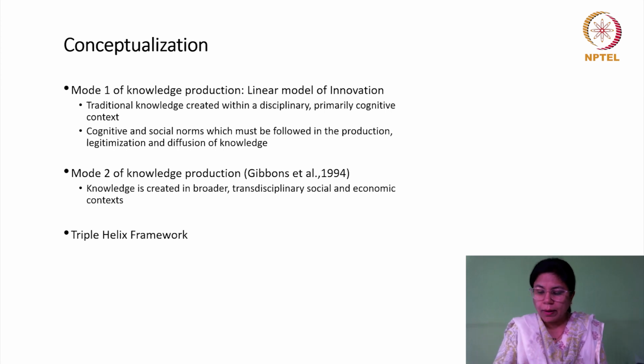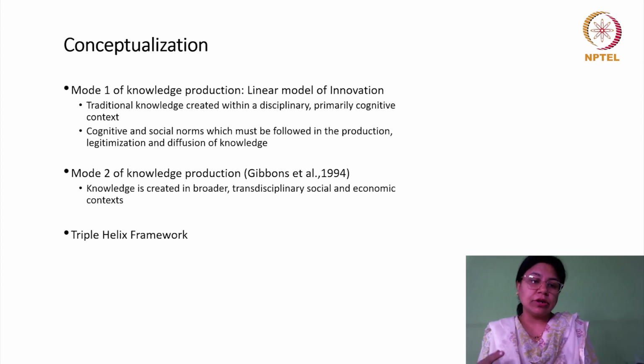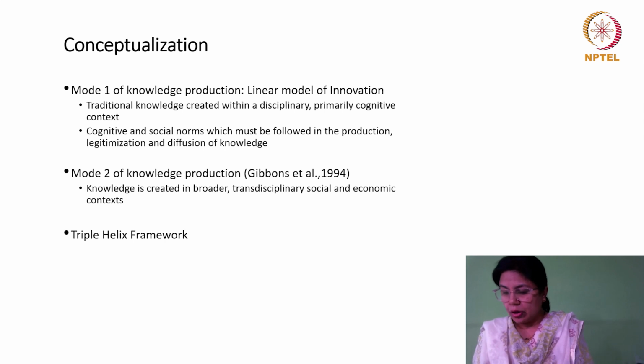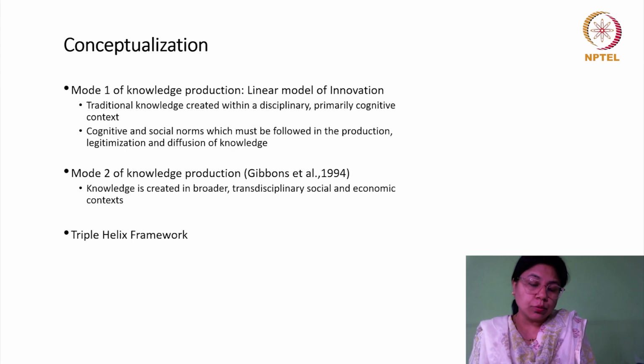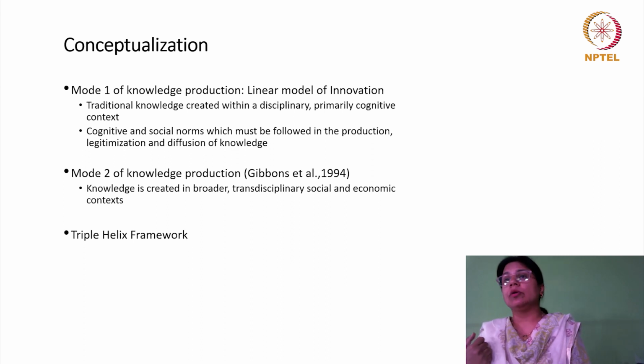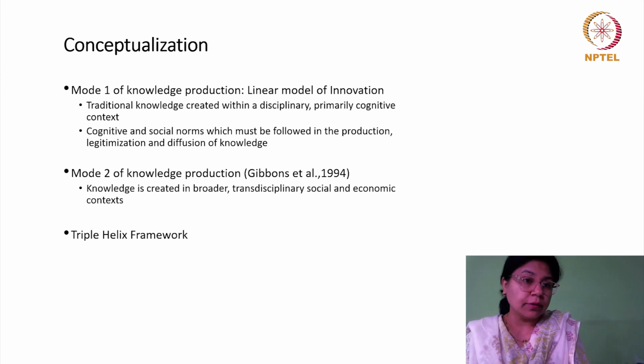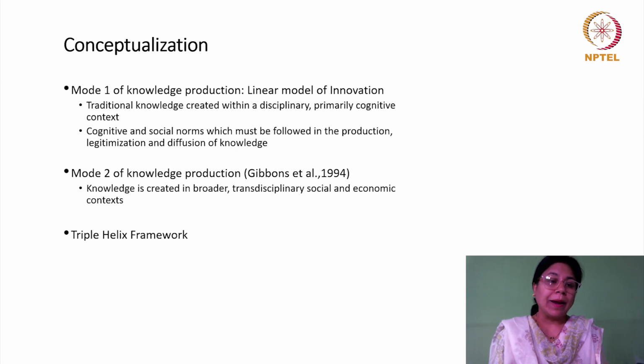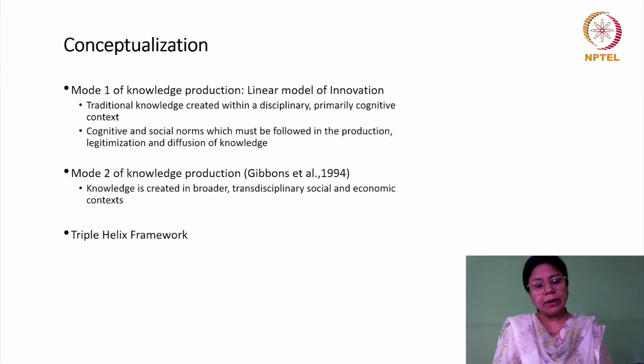So when they talk about mode 1, they essentially talk about how it is identical with what is meant by science, and its cognitive and social norms determine what are the significant problems that will be addressed, who will be allowed to practice science, particularly the kind of degrees that will be granted, and what will constitute good science. And that is where the role of quality control comes into the picture. As we will discuss, mode 2 is much broader and has a wider range of activities.